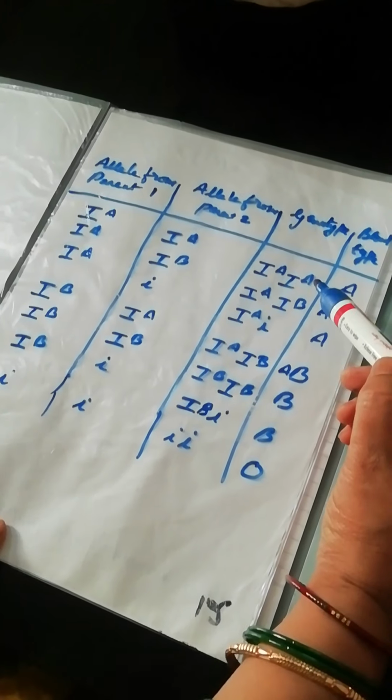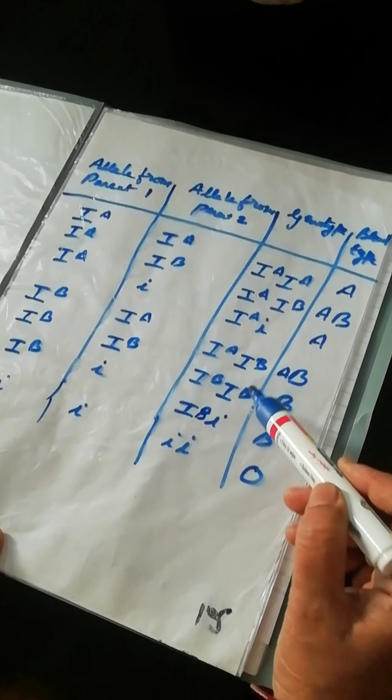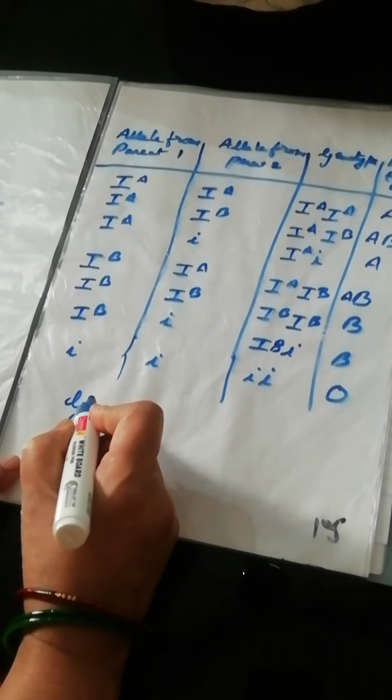Okay. Now these are the possible combinations of the genotype that may be present in any individual. So if you count the genotypes, how many types of genotypes are there? See here: 1, 2, 3. This is a repetition, so we will not count it. 4, 5, 6. So how many total genotypes are here?